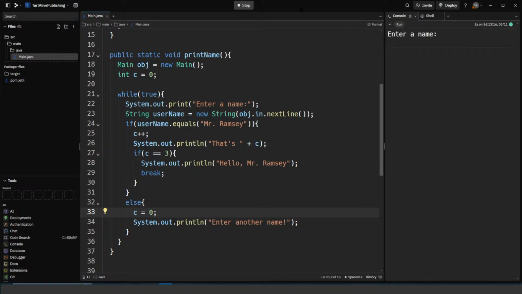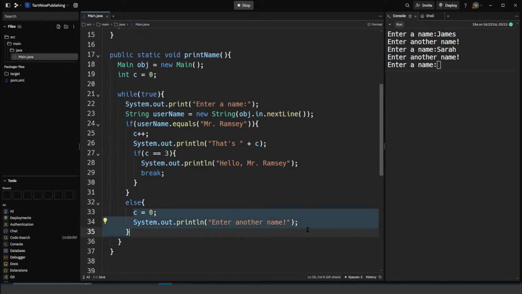So we start to type in some names, right? We type in, say, James and Sarah. So we're still triggering this here, and we're triggering all of this here, right? We're resetting C to 0, and we're saying System.out.println, enter another name,